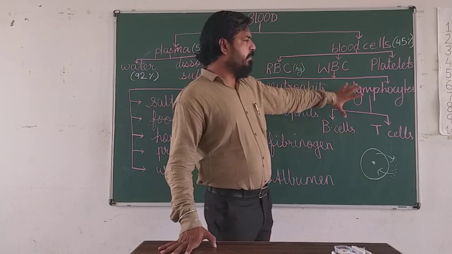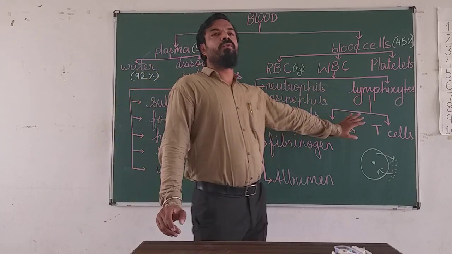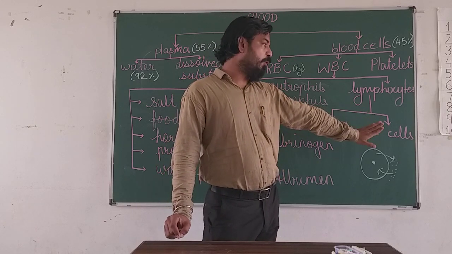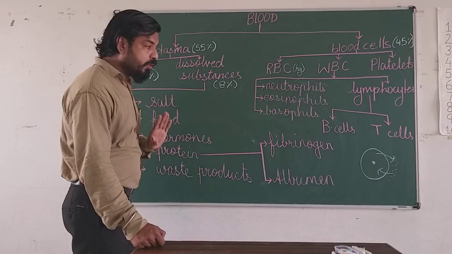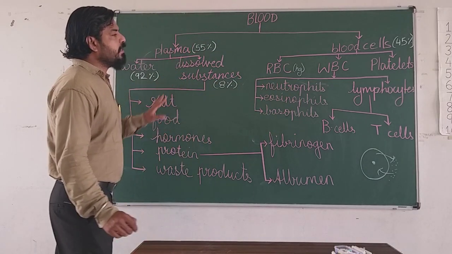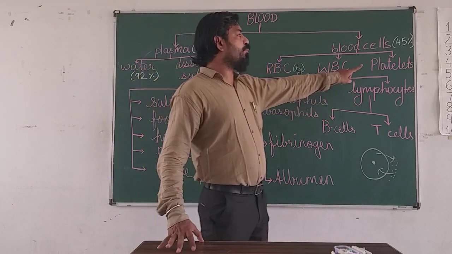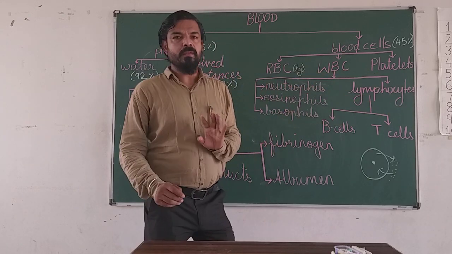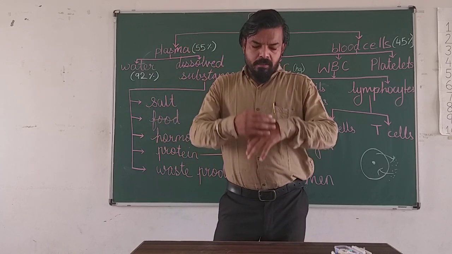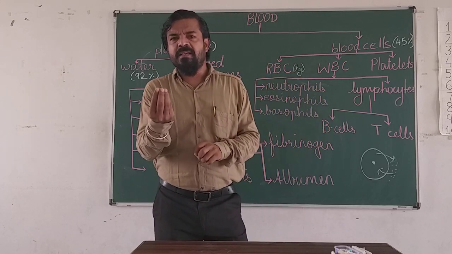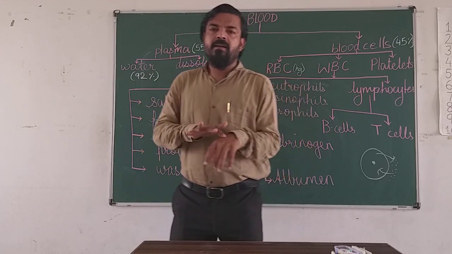See, these lymphocytes, B cells and T cells are also part of the body, and for this you will have to understand 12th science biology, how these T cells and B cells are very important. Okay, so you can see here how RBC and WBC help your body. Now the very last point is the platelets. What are platelets? See, whenever you have a cut on your body, after 5 seconds or 5 minutes, immediately you will feel a red kind of thing,